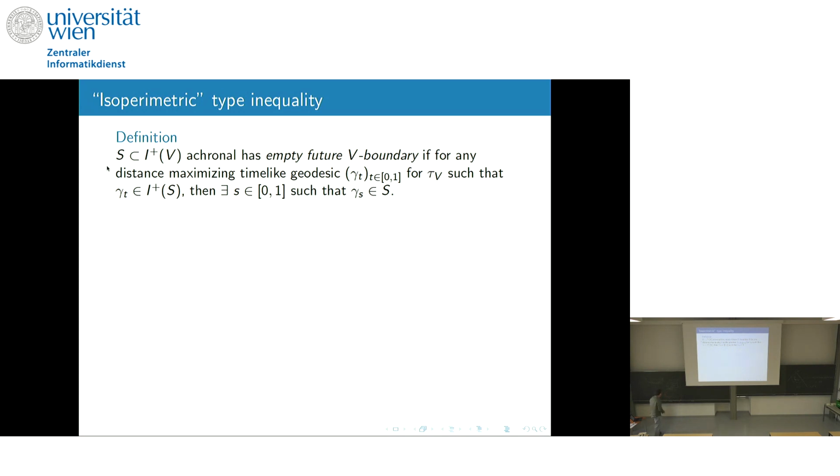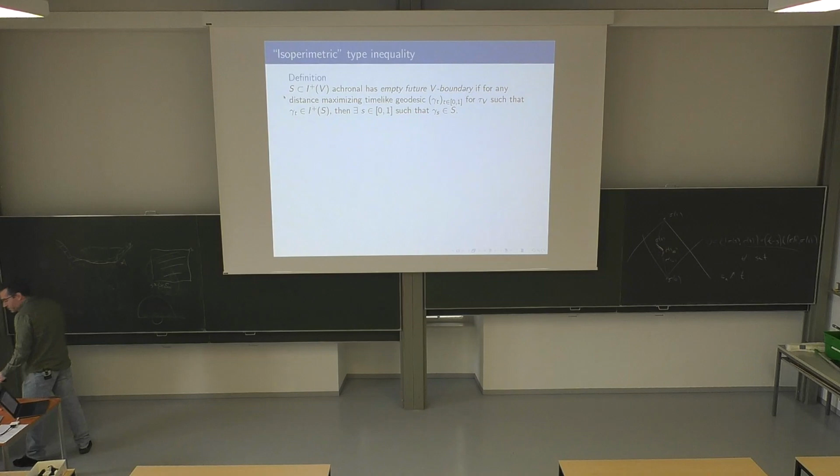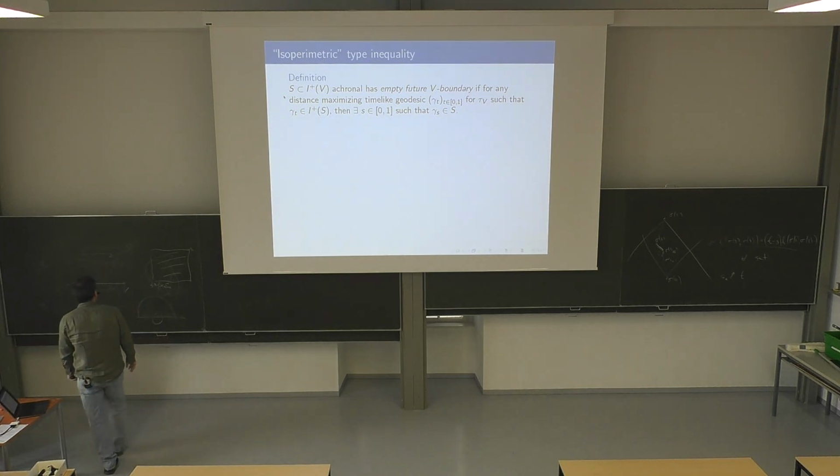This is if we ask the following condition. Let's say our region on the base is of this form, this is V, and what we would like to avoid are situations of this type, where this one is S. We want to say that if there exists an integral line of the time separation function leaving from V that arrives in the future of S, then necessarily this integral line from V should match with S. So situations of this form, where maybe you have a time-like line going like there, and then maybe you meet here, are not okay,